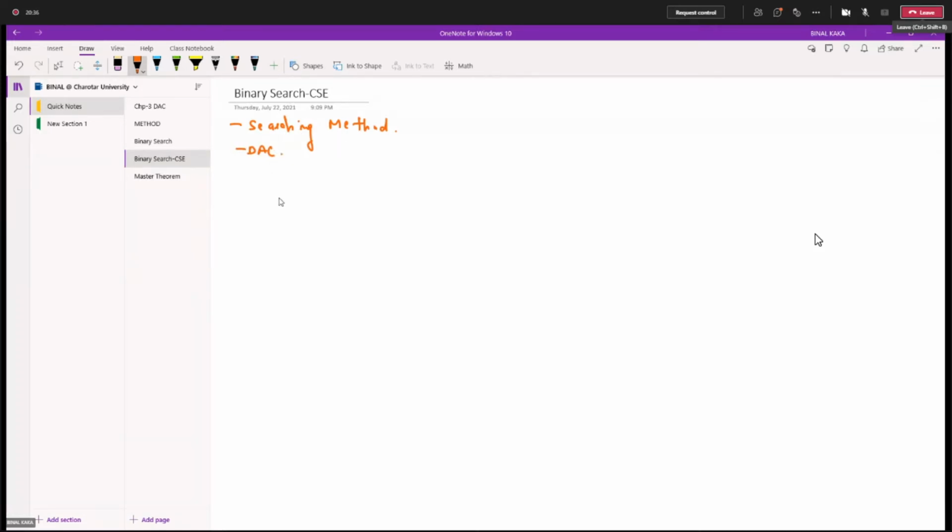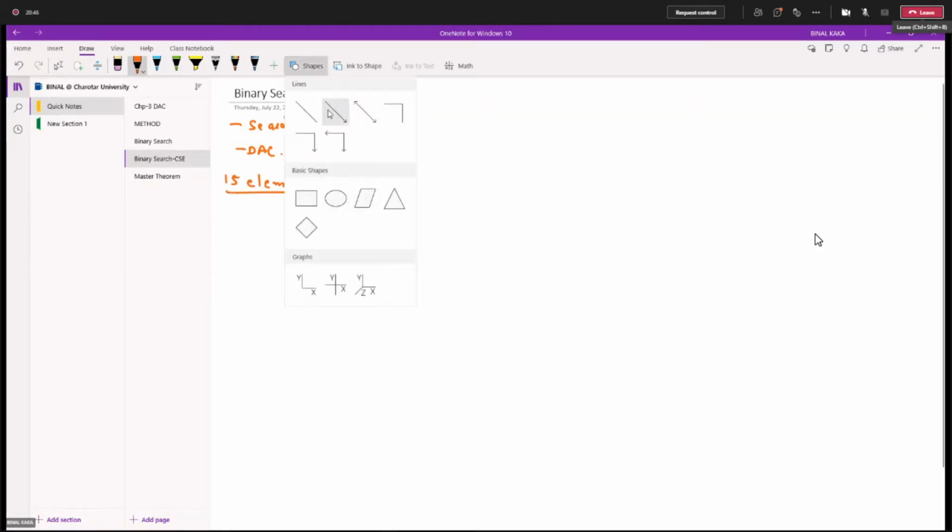So let's assume that I have 15 elements. I'm maintaining the array.